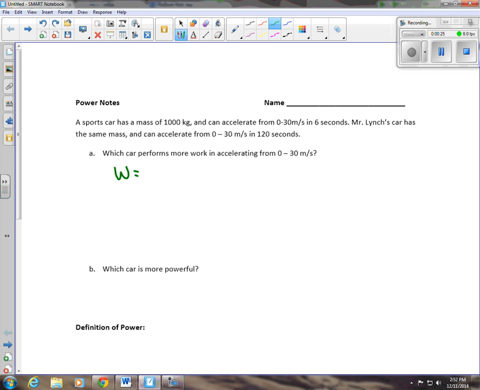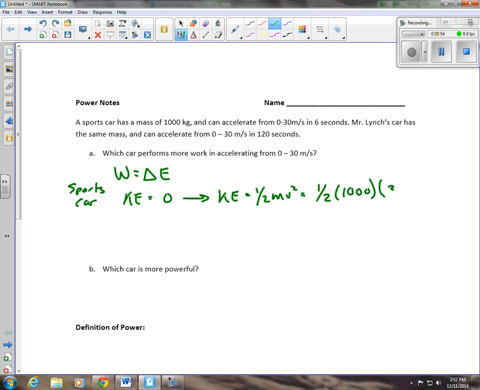Remember, work is going to be the change in energy. In this case, it's the change in kinetic energy. So we can find that the kinetic energy at the beginning is 0, and then it changes. Let's say we're going for the sports car, to what value? KE is 1/2 mv squared, 1/2 times mass 1,000 times velocity of 30 squared, and that's going to give us a value for the work done, 450,000